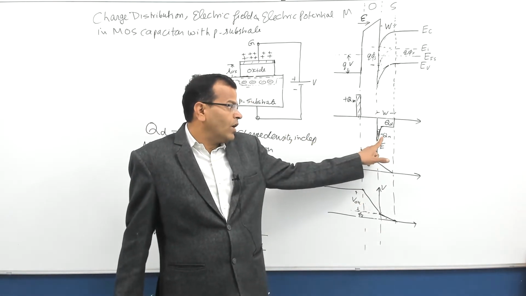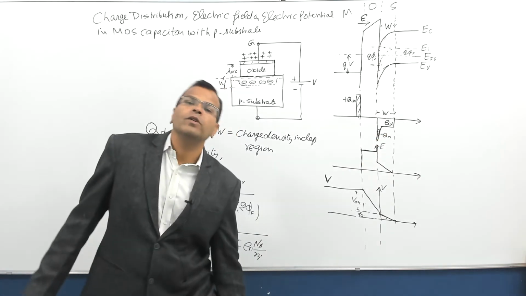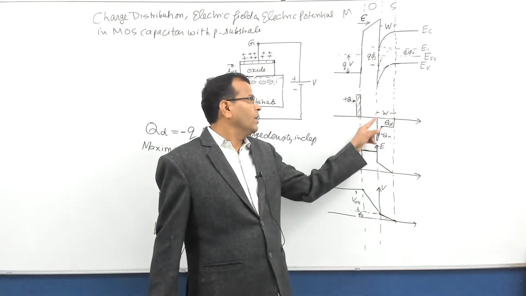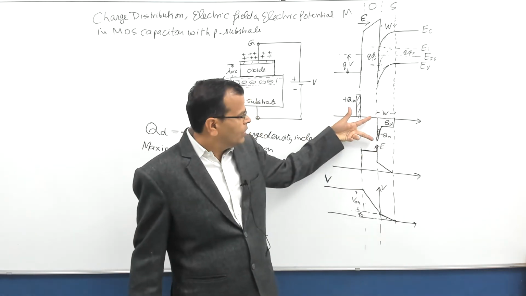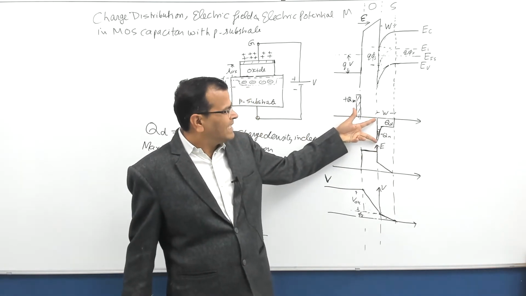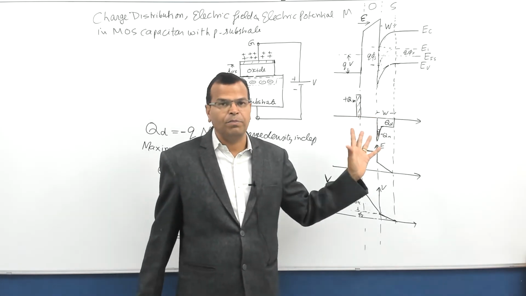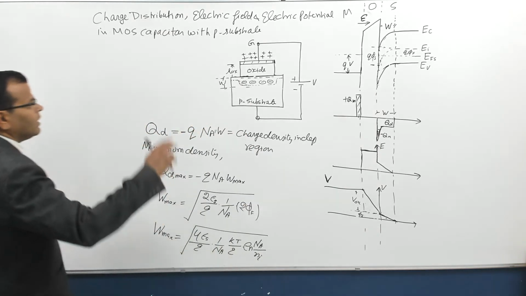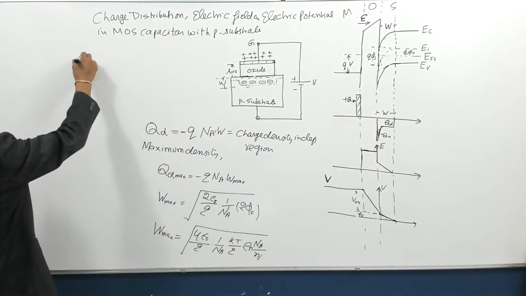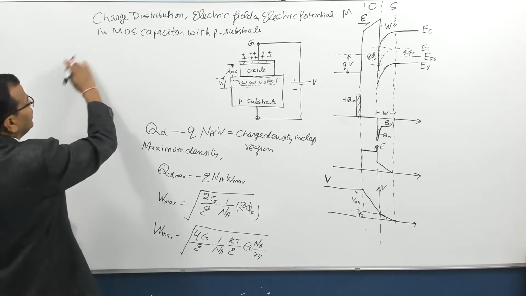I cannot calculate Q directly, but I have given you the expression of the charge density in the inversion layer. You can see previous videos. I have also given you the expression of the charge density on the surface, that is the interface. You can see the previous videos for that purpose. But here, what is the total charge on the material? The total charge on the metal plate or metal gate, you can say,